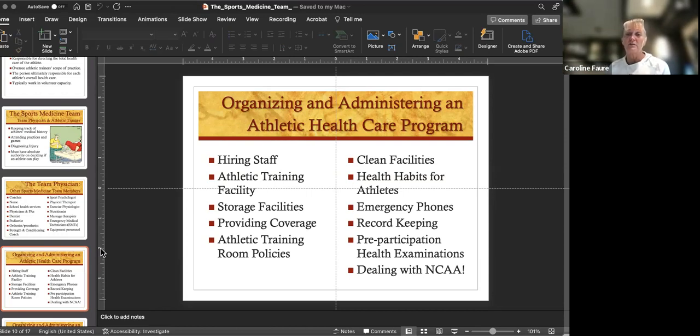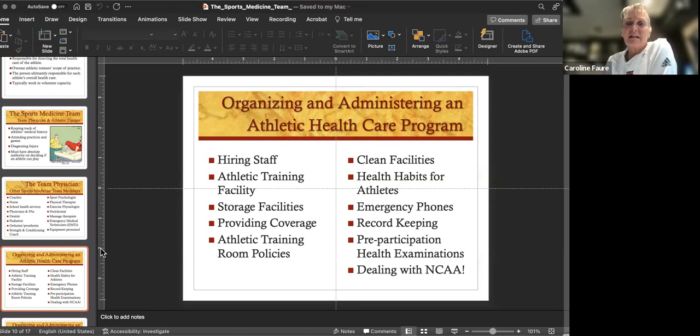Also, the other one I want to point out to you is just record keeping. This is a very time-consuming part of the athletic trainer's day, just keeping appropriate documentation of the athletes they see, of the injuries that they were complaining of, the signs and symptoms that they were exhibiting or complaining of, maybe what happened specifically to cause that injury, and then also specific instructions that were given to the athlete, whether it be to go see a physician or to go do these ankle exercises or these knee exercises or to ice, whatever it may be. So that documentation is going to be really important to help, I guess, CYA.